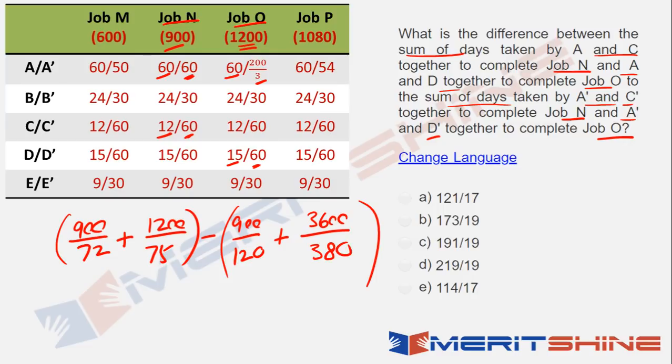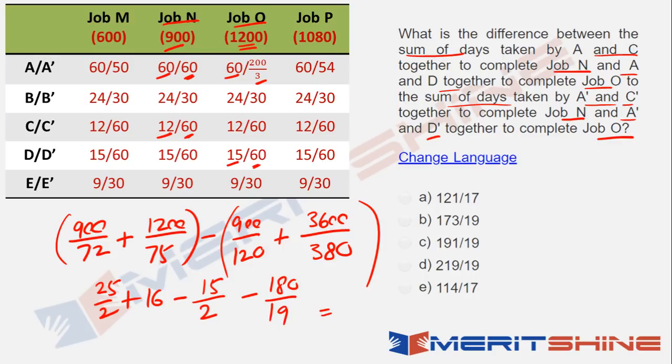Simplify it, then what would it become? 25 by 2 plus 16 minus this is how much? This would be 15 by 2 and this value would be, if you simplify it, 180 by 19,